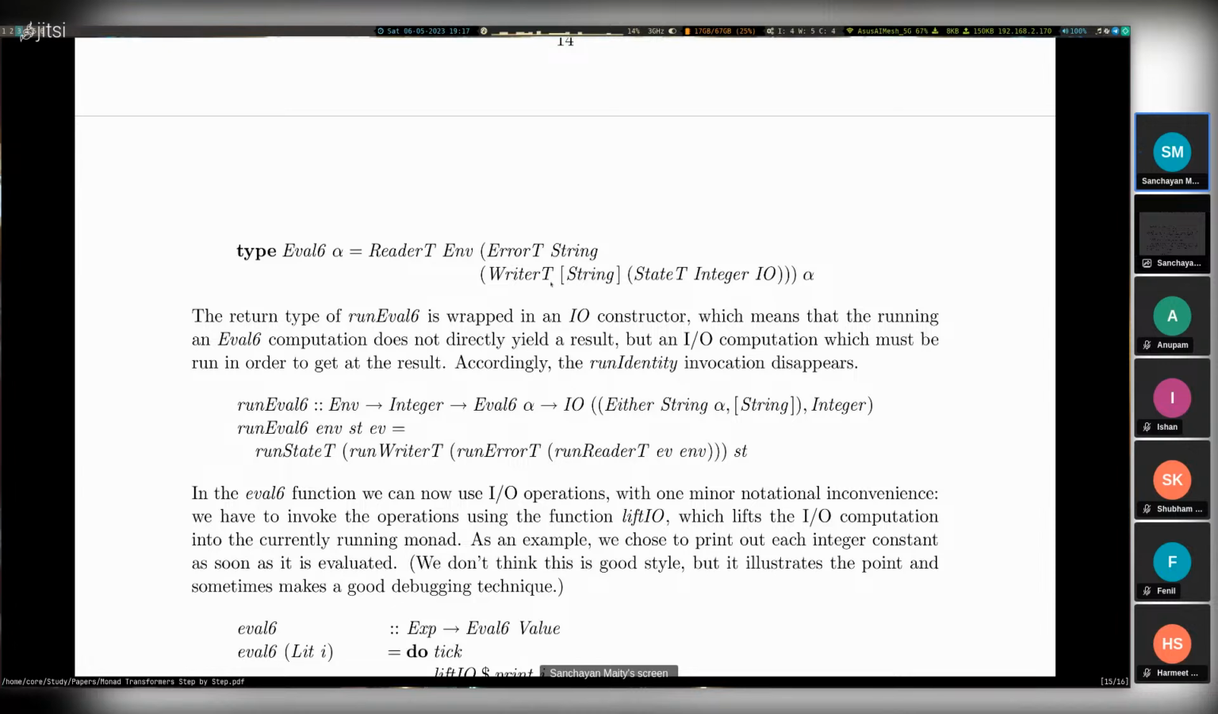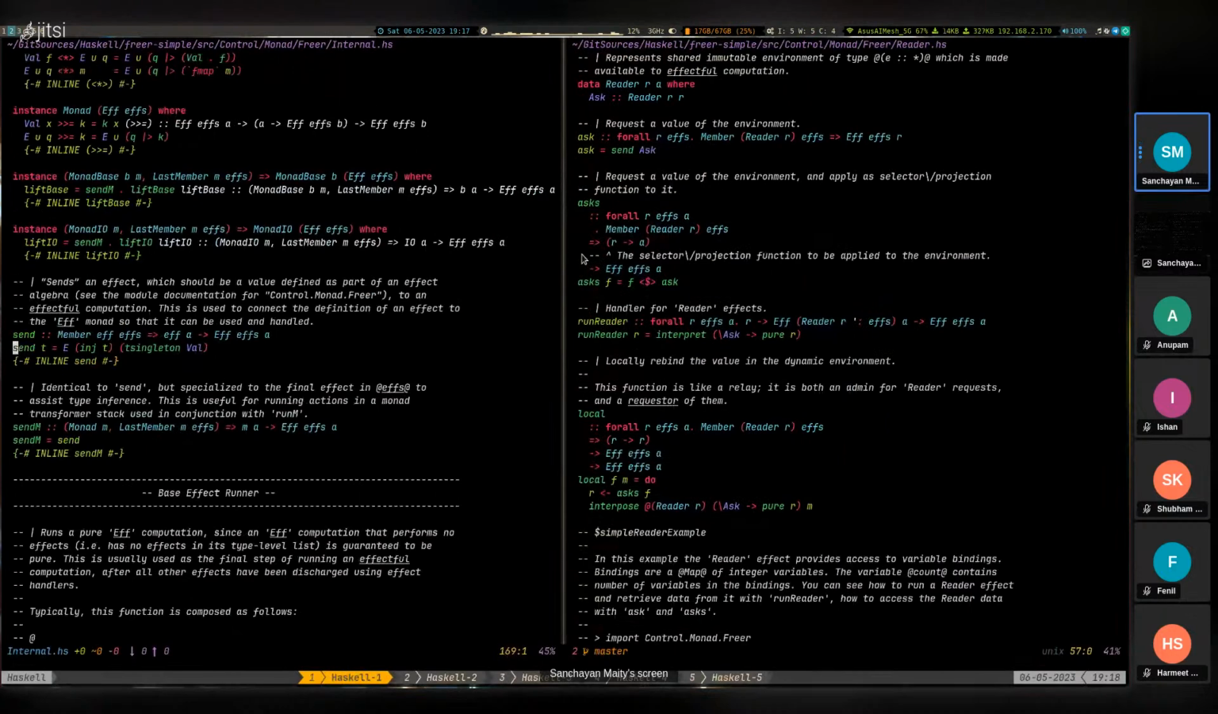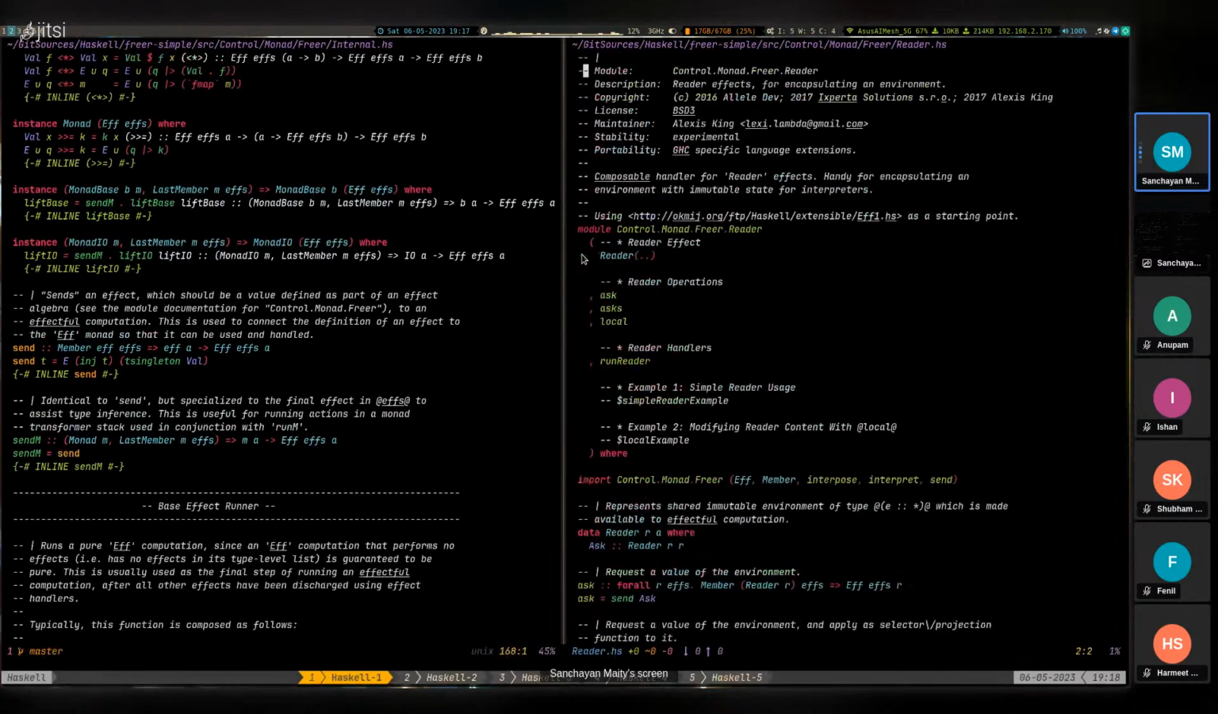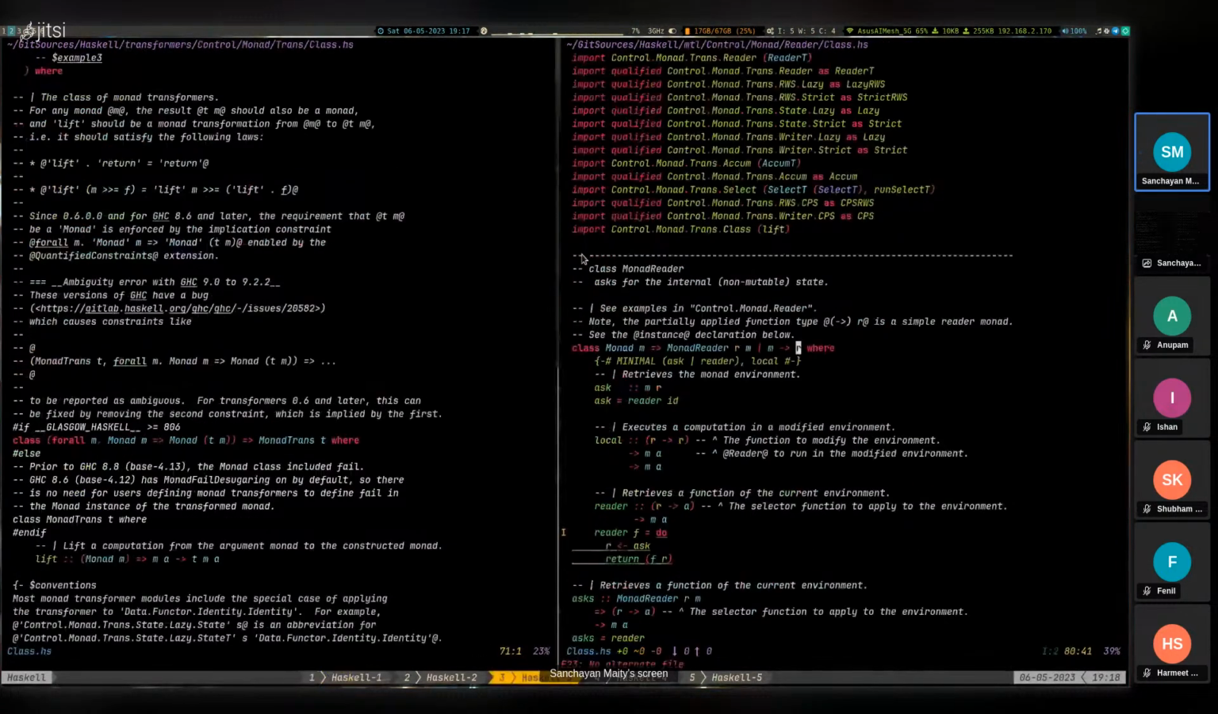Another thing: here we are seeing reader, error, writer, and state. Imagine if you wanted to have 2 readers or 2 states. Because of the way monad transformers or MTL is written, it's not possible to do this. Why is this not possible? If we look at the monad transformer MTL implementation,